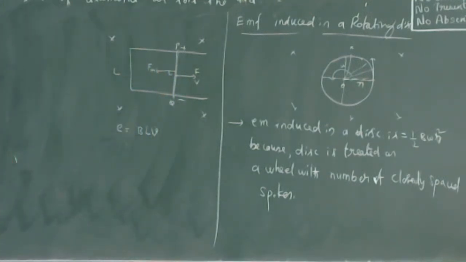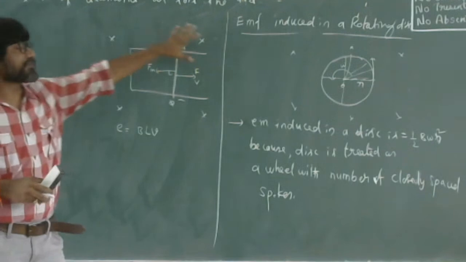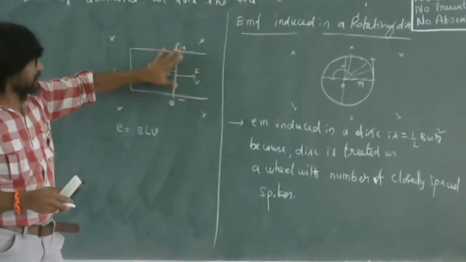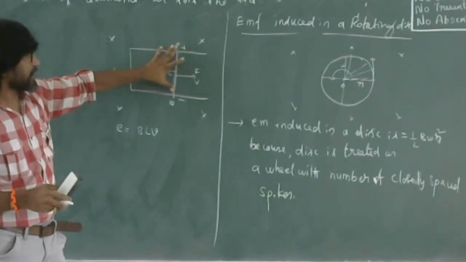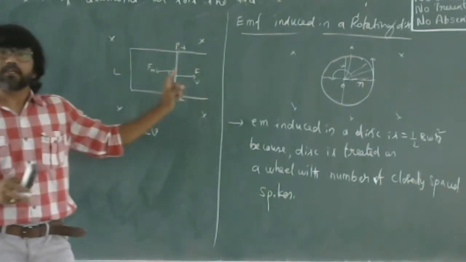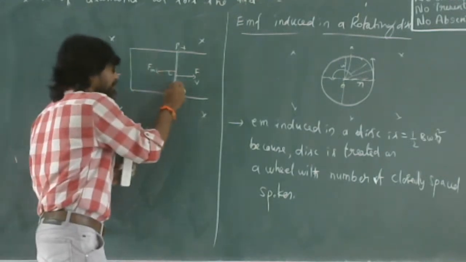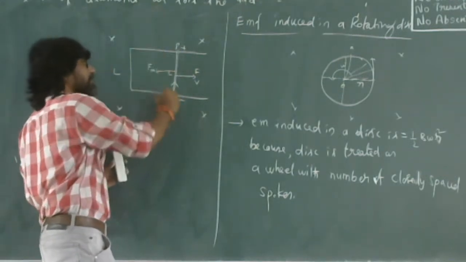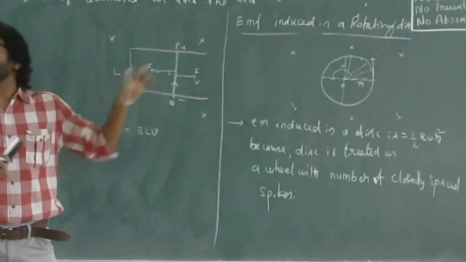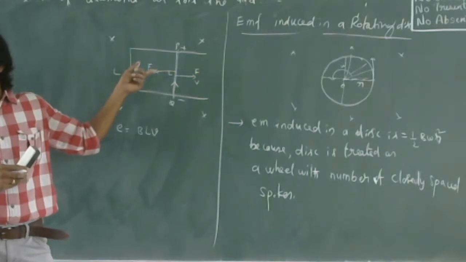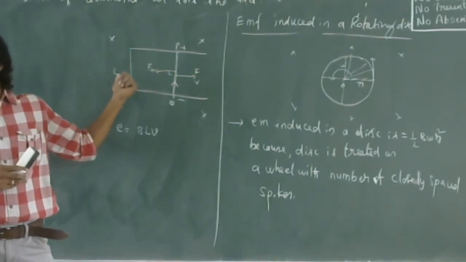Why magnetic force comes here is that we have this external magnetic field, and when the movable wire is placed in contact with these rails and is moving, EMF is induced and hence current is also induced. So when the induced current is flowing from Q to P, we can treat this as a current carrying wire in